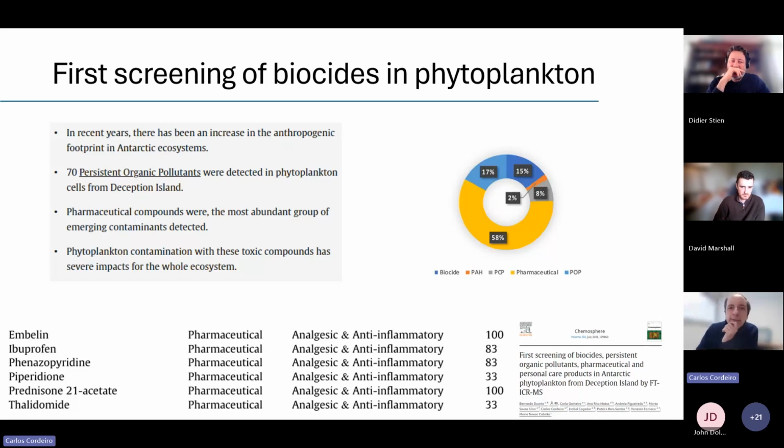And if you look at the classification, you can see there are a lot of biocides, but you also have these polycyclic aromatic hydrocarbons that come mainly from fuel. And you also see a lot of pentachlorophenol. And this is worrying because this is an herbicide that has been used from the 30s. So in about 100 years, we have this herbicide all over the planet, which is quite worrying.